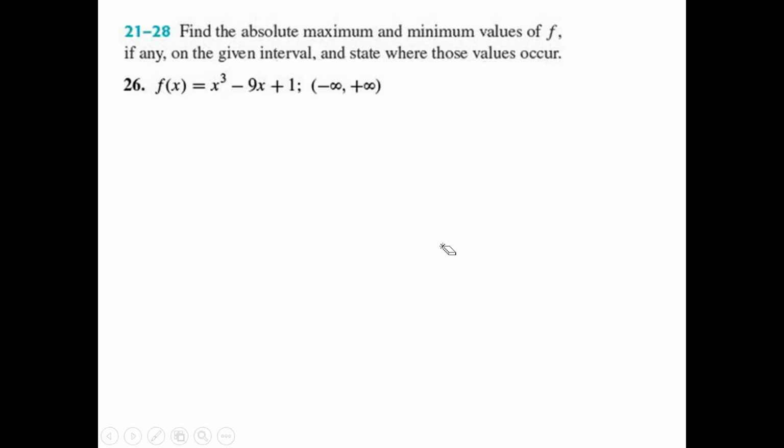Moving on. Find the absolute maximum and absolute minimum values of f, if any, on the given interval, and state where those values occur. Okay, so again, the monomial of highest degree in this problem is this x cubed. You should know what x cubed does on the ends. X cubed, because it's odd and the coefficient is positive, it takes off to positive infinity on the right and negative infinity on the left. Since we're looking for just the absolute min, this is the work that you show. You draw this little sketch right here, and you say no absolute